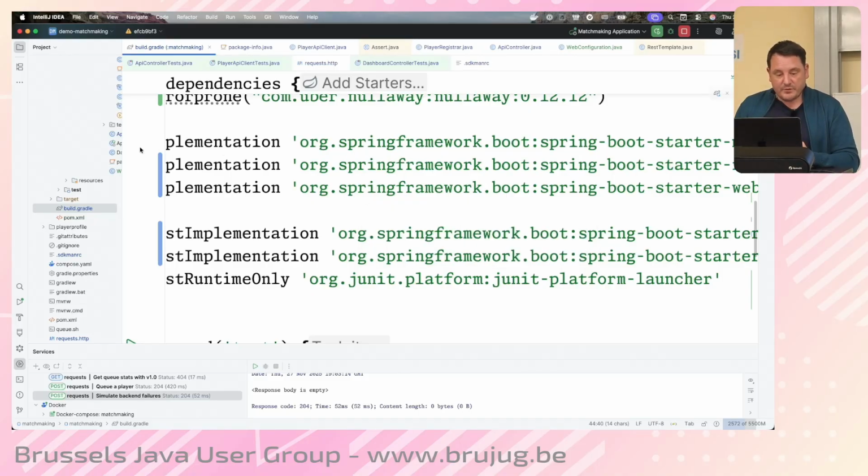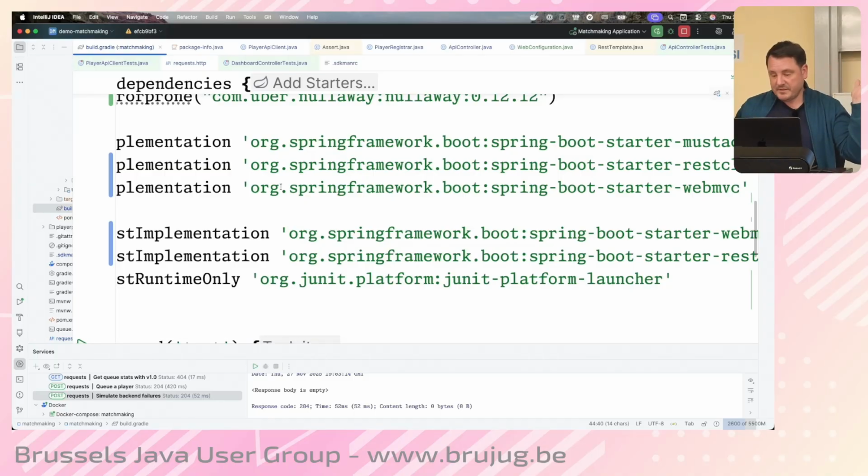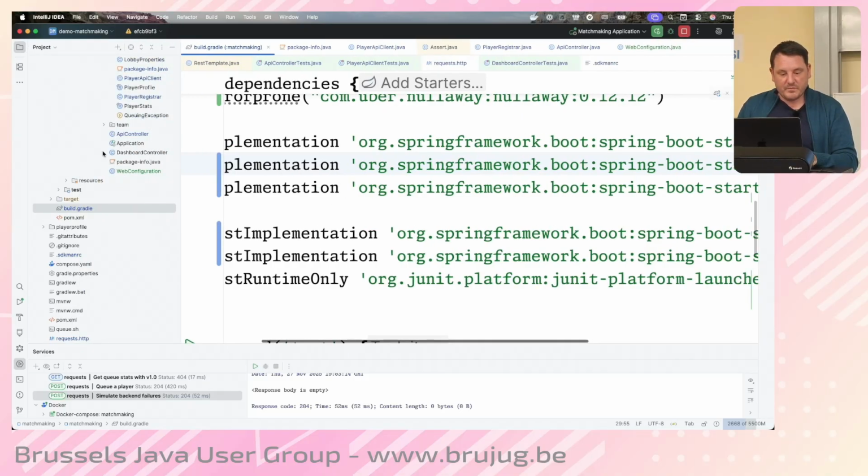Micrometer can do that. We've used it in Spring Boot for a long time. It can do plenty of things, like send metrics and traces to various types of backends. So that's all great. And there's also the OpenTelemetry initiative that started to gain some traction. So in Spring Boot 4, we have added a dedicated starter that makes the getting started experience easier. So let me show you that. But before I do,